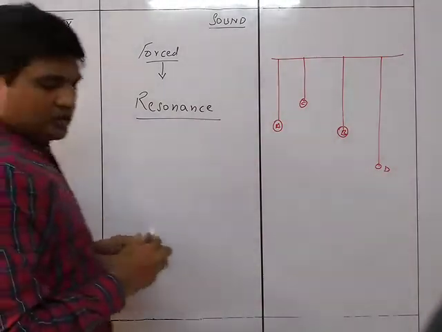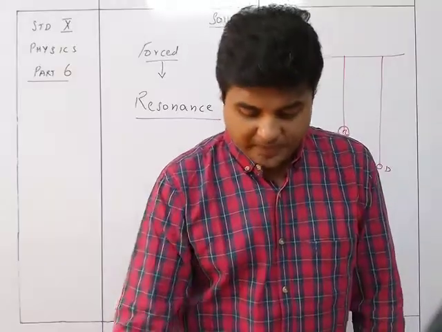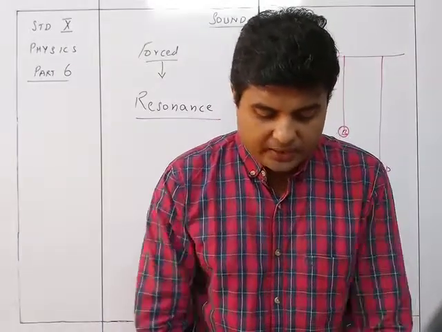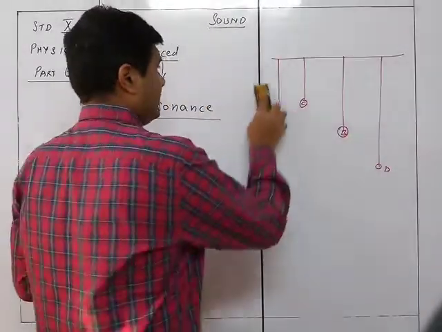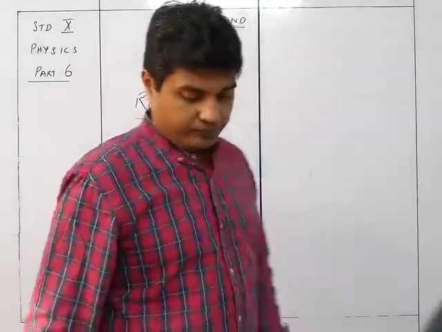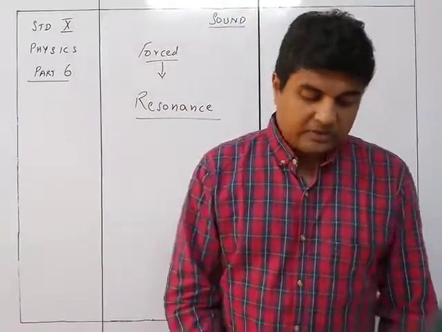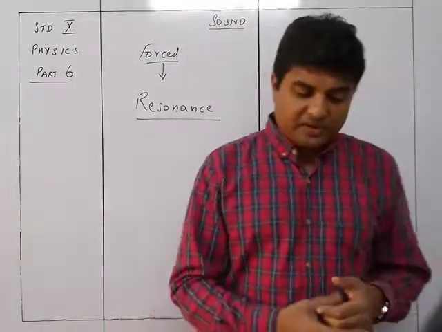So we continue with the resonance part, and now we see the third experiment to show how resonance would take place in the air column. So the next one is, now this particular experiment 2, which was about the four pendulum, and experiment 3, which is about the air column and the tuning fork,